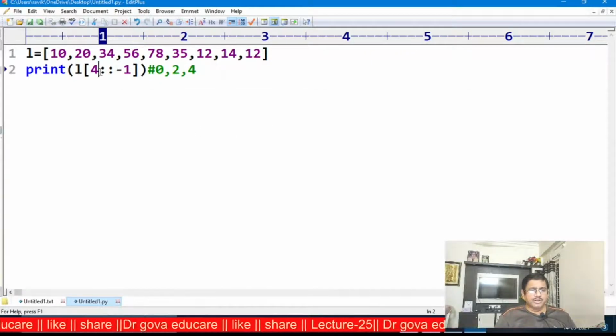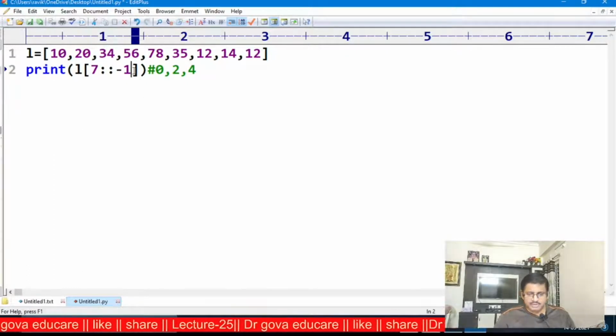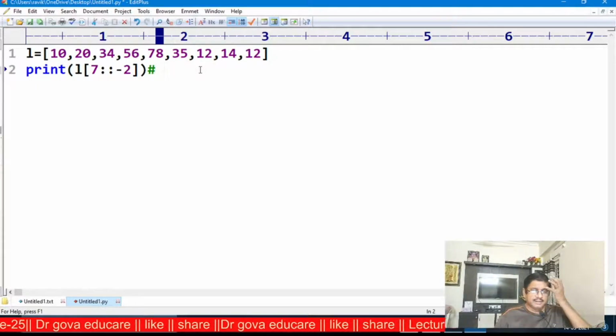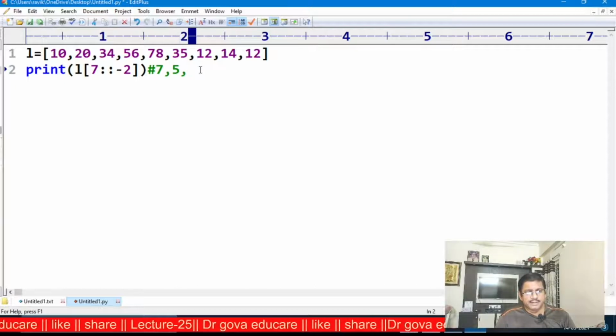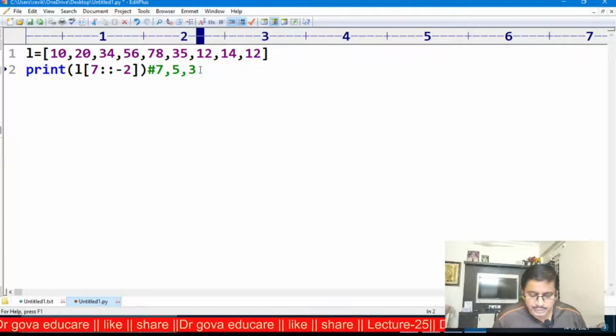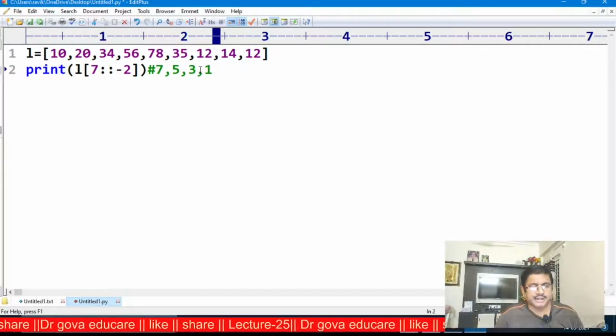Suppose I am starting with 7 and the step size is -2. Observe here, the start is the 7th index, next the 5th index, next the 3rd index, and next the first index.